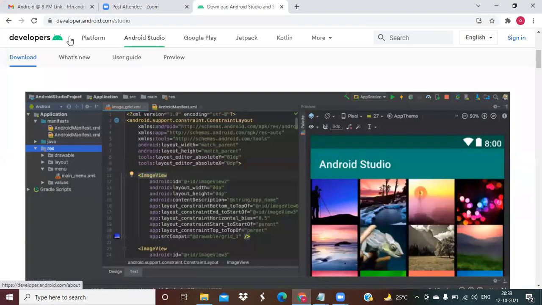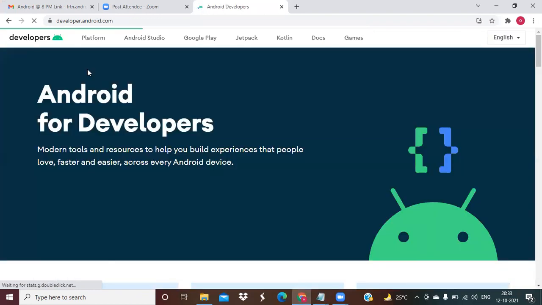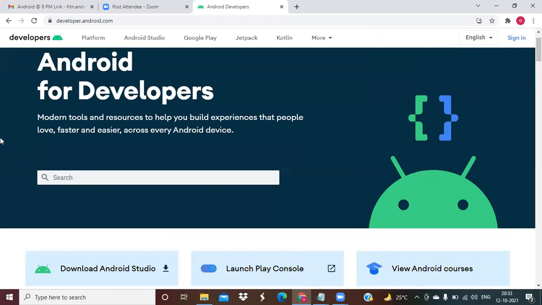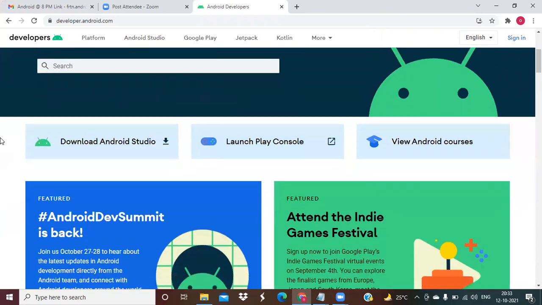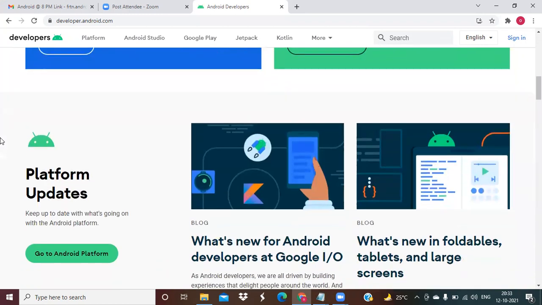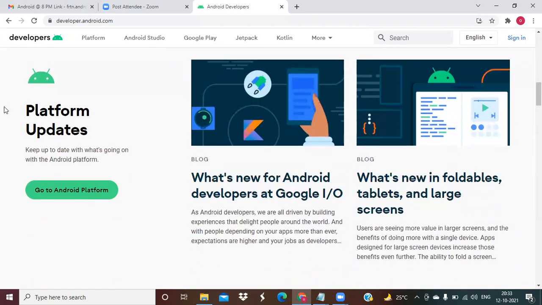For example, if I open the developers.android.com website, one second. What's new? Anything is fine.